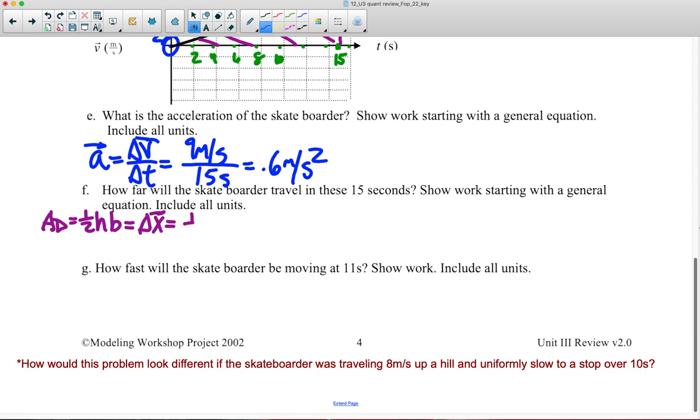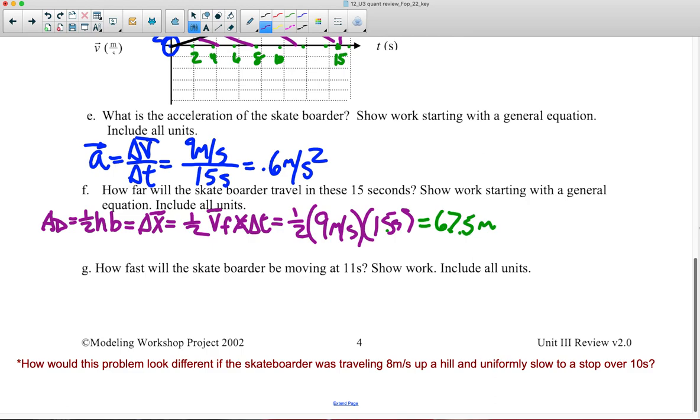The height of the triangle is the final velocity and the base is the change in time. So 1/2 the final velocity, 9 meters per second, times 15 seconds. And we know that half of 9 is 4.5, and 15 times 4.5 is 67.5